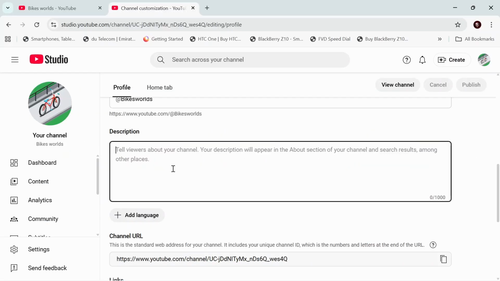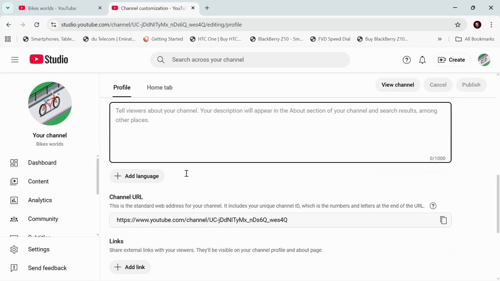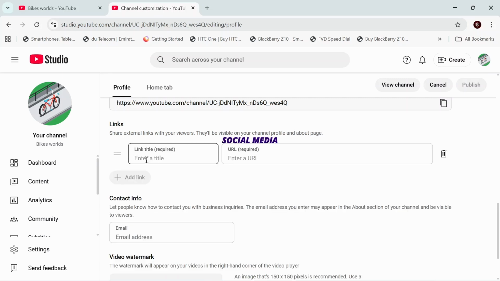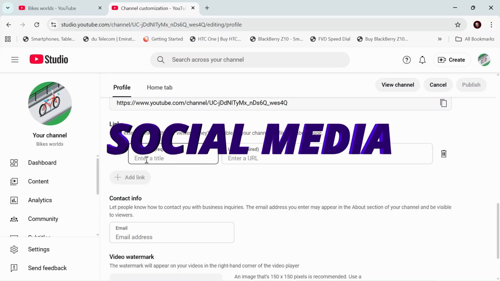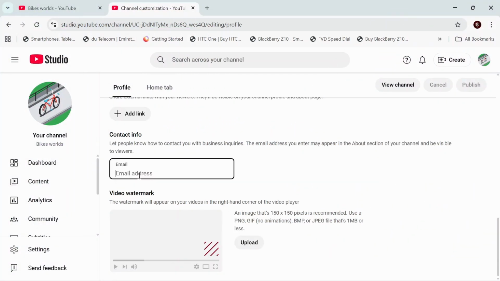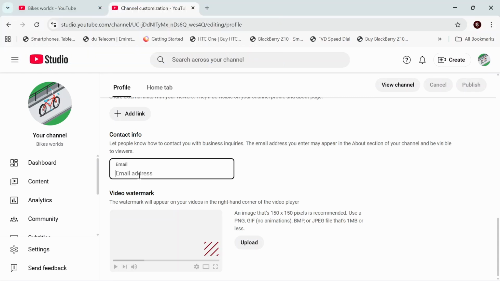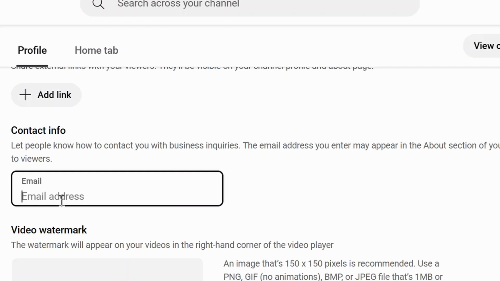Here you have to add the description of the channel, which is going to represent what exactly your channel is about. You can add a second language in case you want to add to the description and the name, of course. You can also add links to other social media you have. In case you have an Instagram, a Facebook, anything, you can add it here. You have an email address, which is preferred to be different from the address that you have for your channel. You can make a separate email that is going to help you with communicating for inquiries, business inquiries, and cooperation